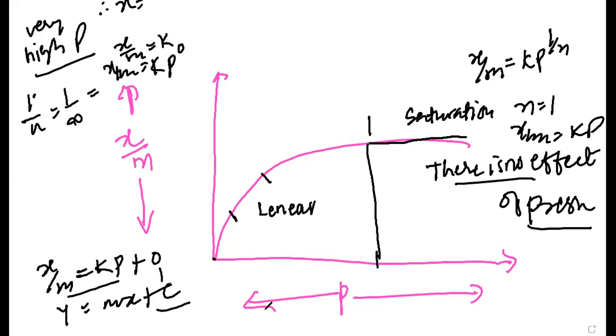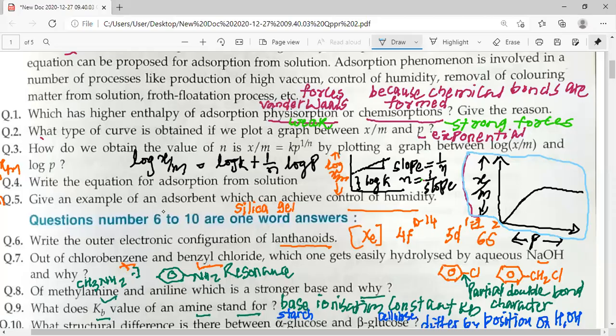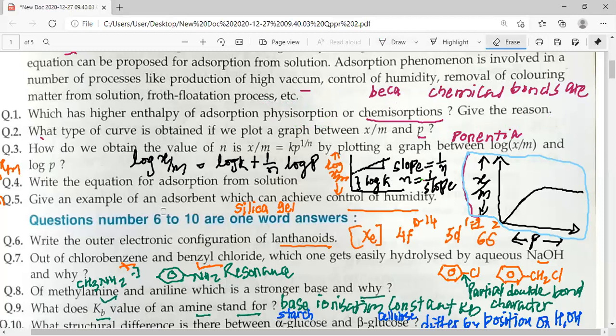So this is how, my dear students, we understand about the graph that we get in case of the Freundlich isotherm. Can you see the question paper now, my dear students? On your screen, can you see the question paper now? Yes, sir. Very good. So this is what I have already explained. So I'm just removing it so that we can understand. You can see that we get an exponential graph, and this is the graph that we have studied about.